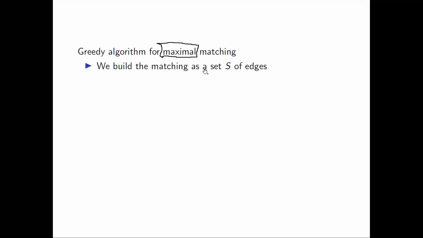We will build our matching as some set S. It'll be a set of edges, and we'll start it as an empty set. So in the beginning, we initialize S to be the empty set. Then we take all our edges in some order. Whatever our edge set is, we can pick some arbitrary order of the edges, or if we're given this graph as an input to this algorithm, then the order has already been provided for us. So we can just go with the given order. So for the edges in our edge set, going in whatever the given order is,